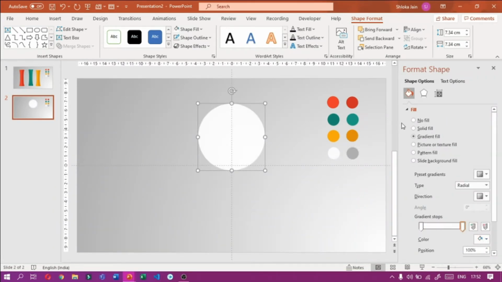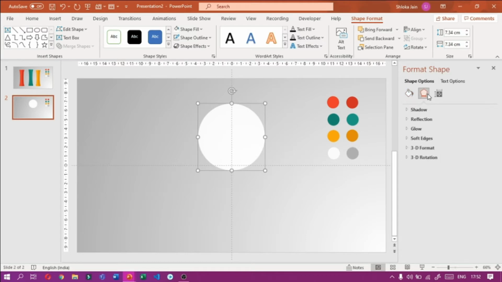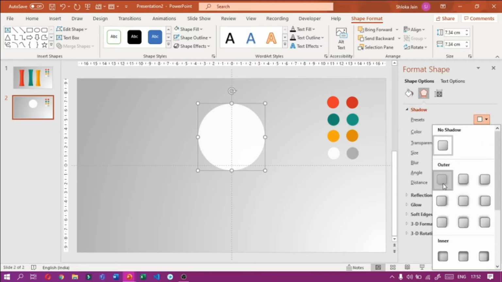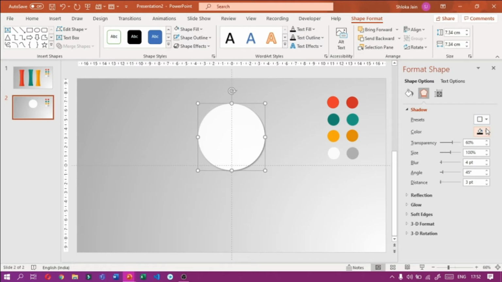After giving them white color, we have to go to the effect option and shadow. In preset we have to give it this preset, which is offset bottom right. Then the color should be black. We have to increase the transparency. Then size we have to change it to